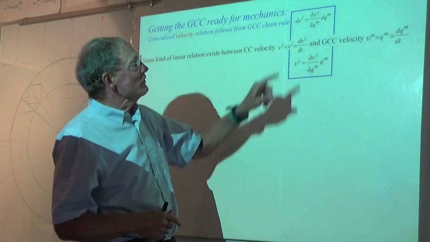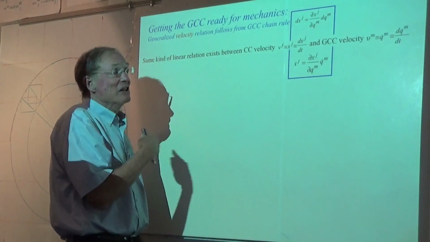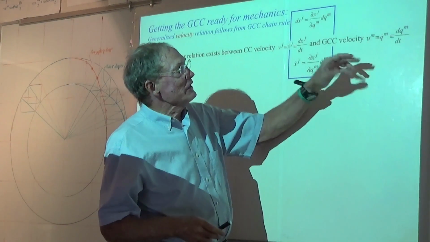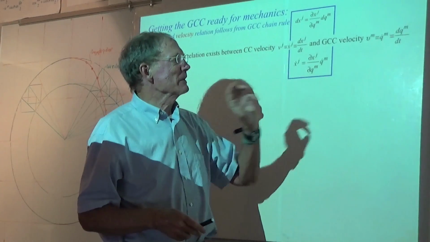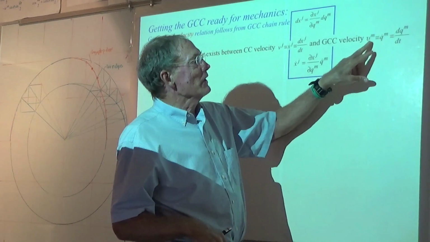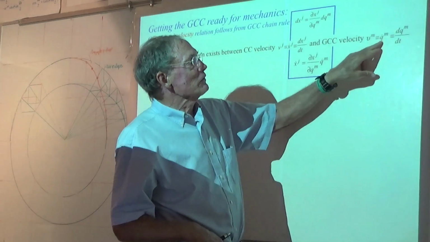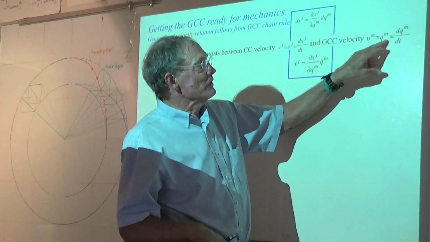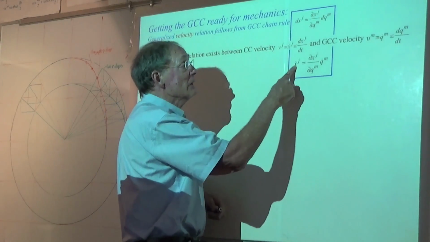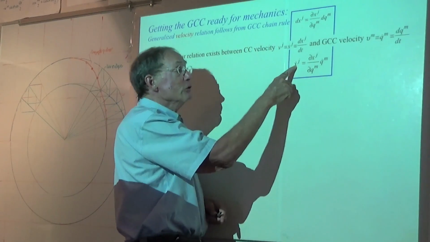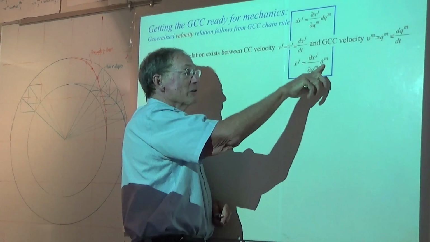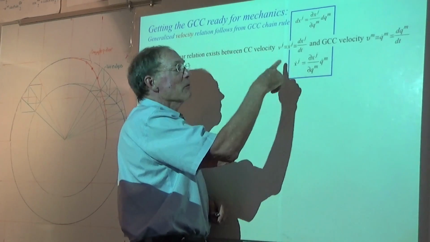So these are three notations for generalized velocity that you'll see used interchangeably. Sometimes I use a funny little v omicron for that. I've stopped doing that because I like to use that for frequency, but that's neither here nor there. There is a generalized curvilinear coordinate velocity as Riemann might have written it if he was talking about a time derivative. So that means that the velocities use the same Jacobian matrix